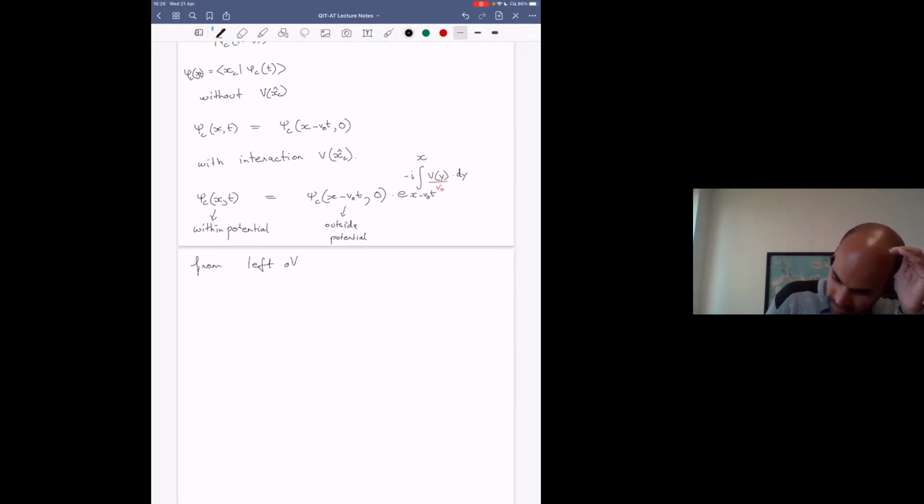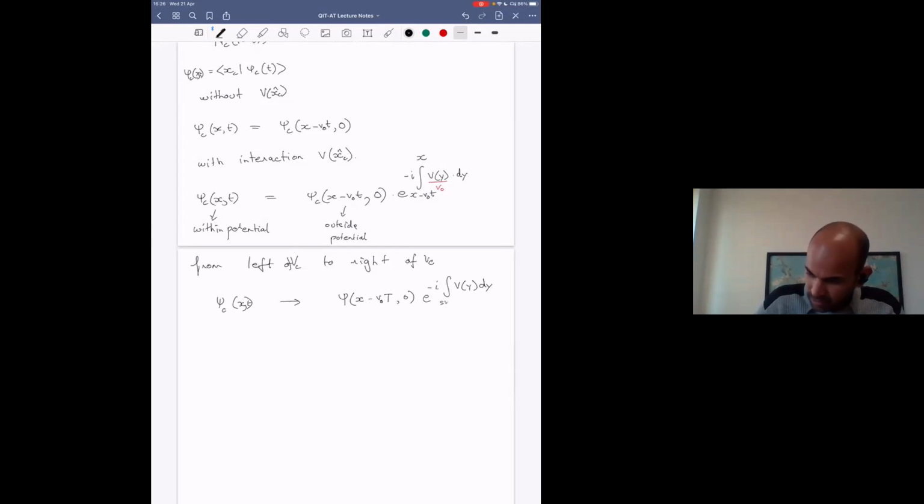left of VC to right of VC, we just get that psi c of x comma t goes to psi c of x minus v naught. Let's call it a total time t 0, and just this e to the minus integral over V of y dy. And I'm just keeping over the whole support